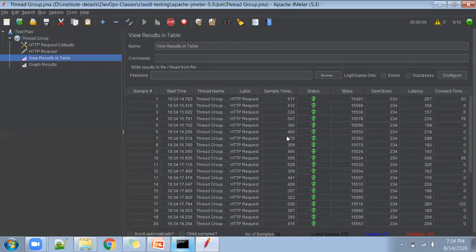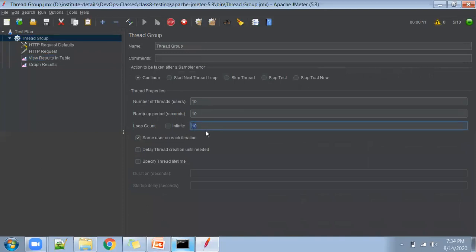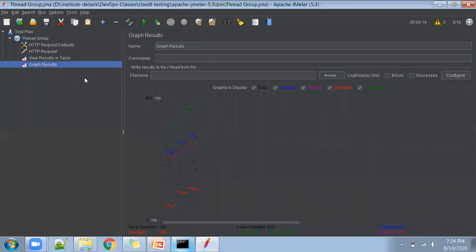Now 10 user requests will be sent 10 times and the ramp-up period is 10, so each request will be separated by 1 second. You see the deviation is almost less and it is able to handle 427 requests per minute.